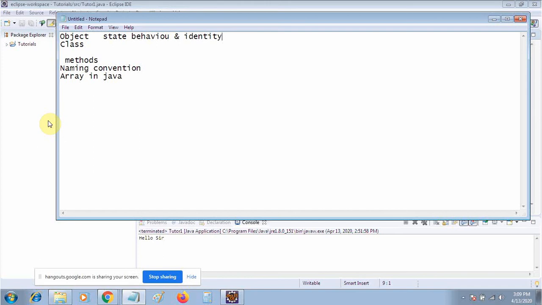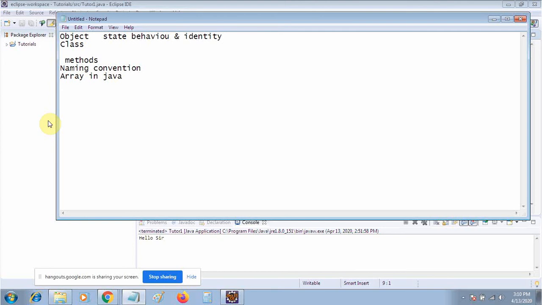If an object has some data value, then it represents the state. Behavior means an object has some behavior, like a withdraw behavior, or like a dog barking. And identity means it has a unique identity, which will be allocated in your memory.